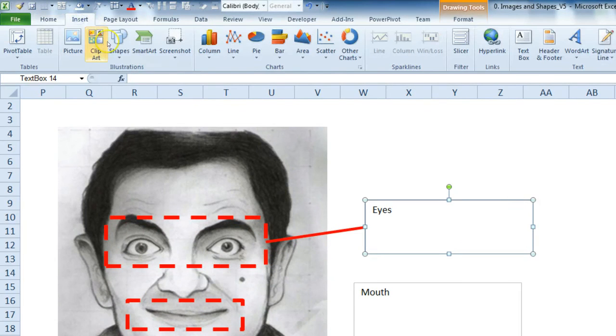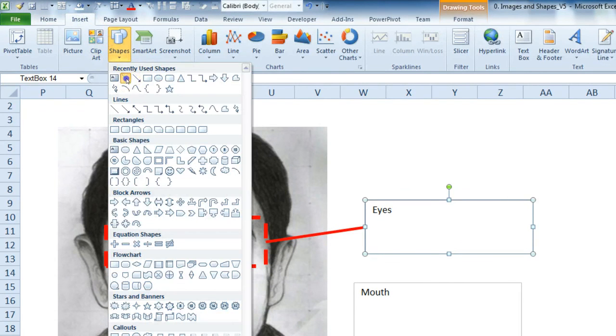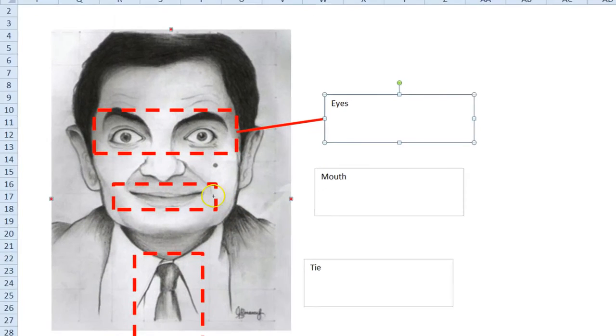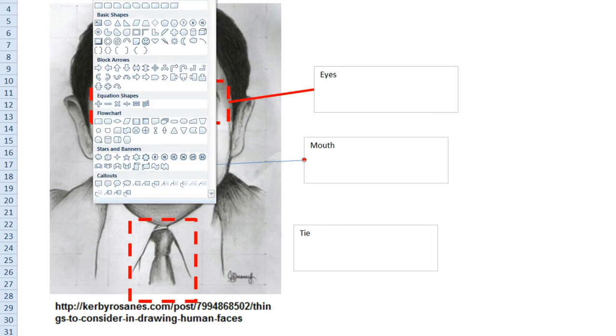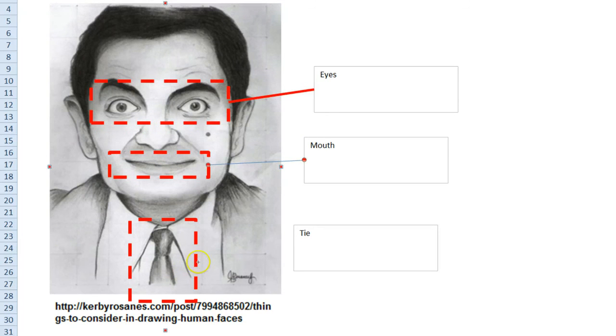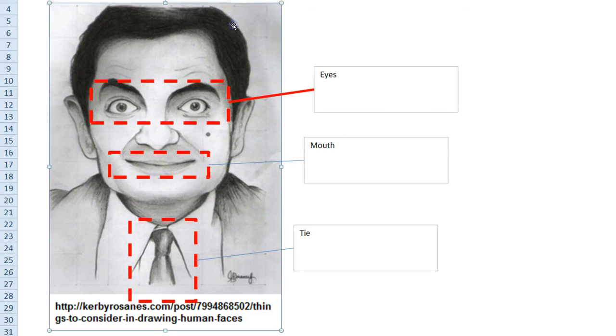Let's go Insert, Shapes, Line, connect this one, like so. I think that one connected. Yep. Let's do the last one, Line, and connect. Okay, so I'm not going to bother formatting the others. What we're going to learn next is applying a border around Mr. Bean. Okay, so the way to do that is, this is a neat little trick to make